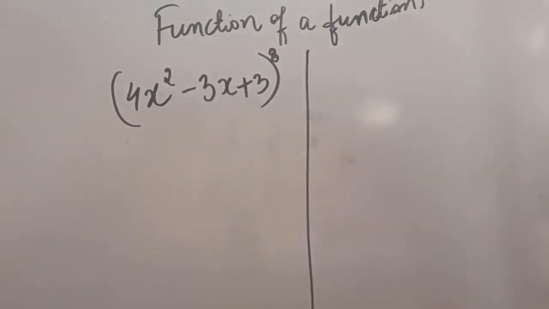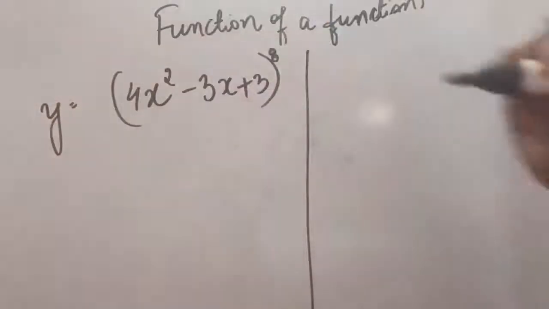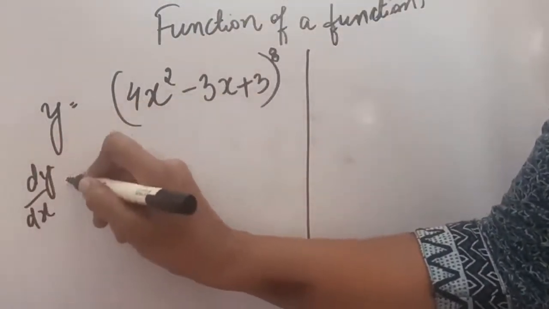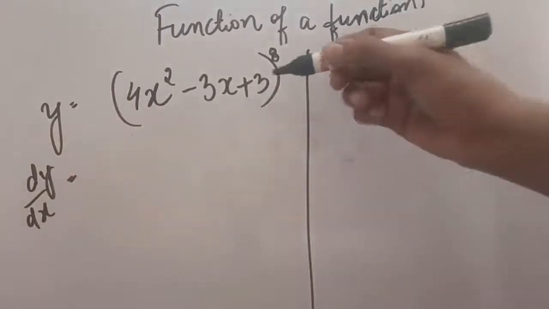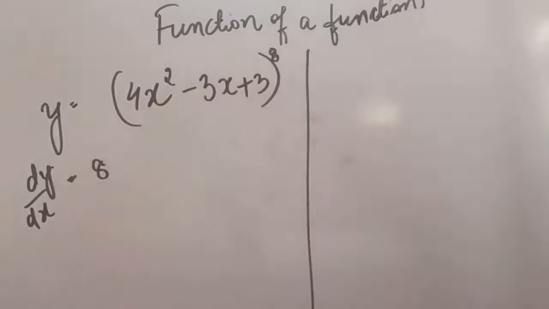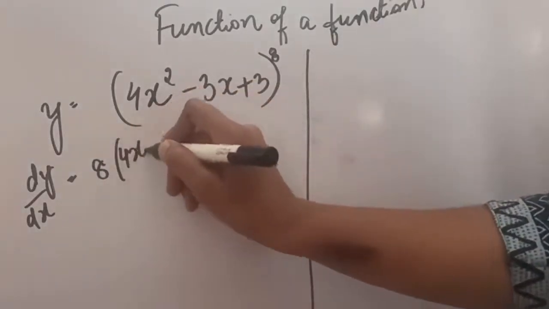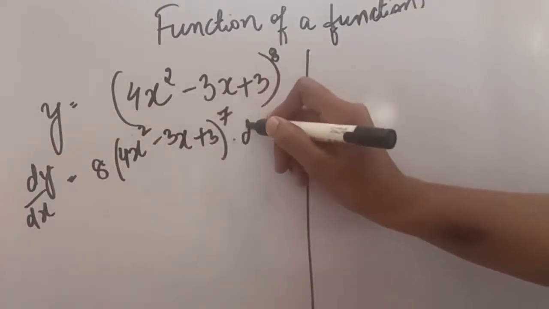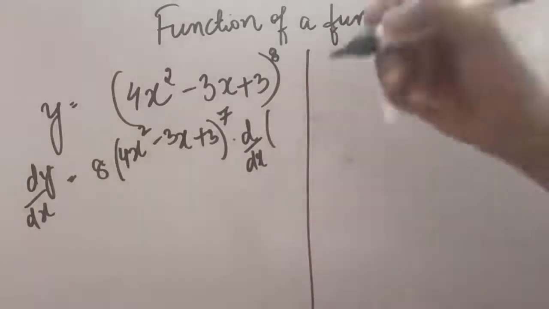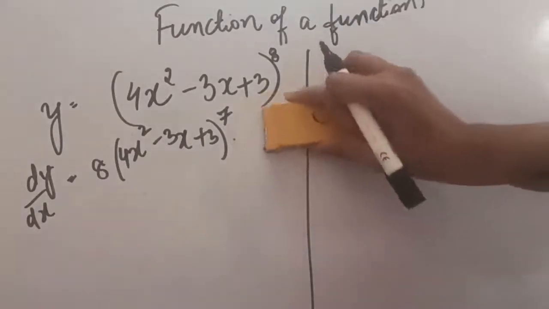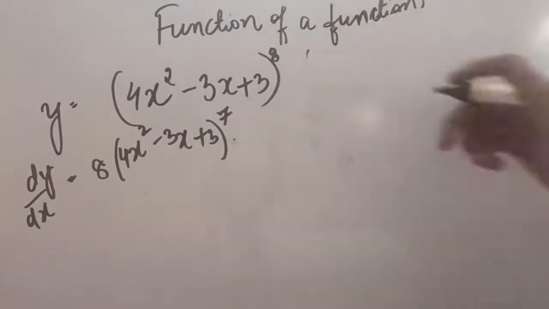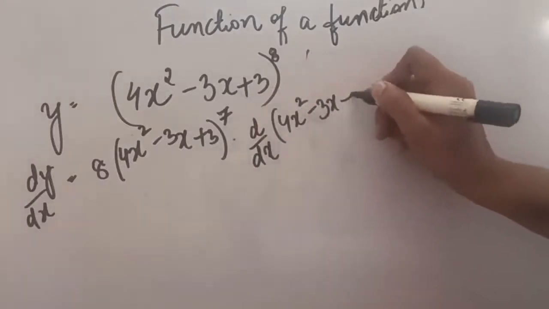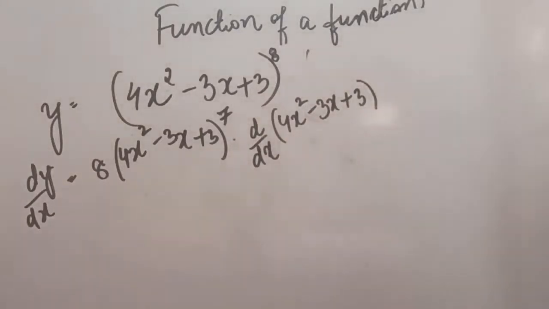First of all, whatever you have learned till now, what we generally do, we put any function equal to y, and from here if I have to take derivative of y with respect to x, what you have seen is that the power comes in front. So here if the power has come in front, it will be 4x square minus 3x plus 3, and 1 will be reduced, it will be 7, and again d upon dx of the inside thing. I can write it in the next line, or I can continue here also. If we write d upon dx of the internal thing, that is 4x square minus 3x plus 3. So this will be our final answer, right?